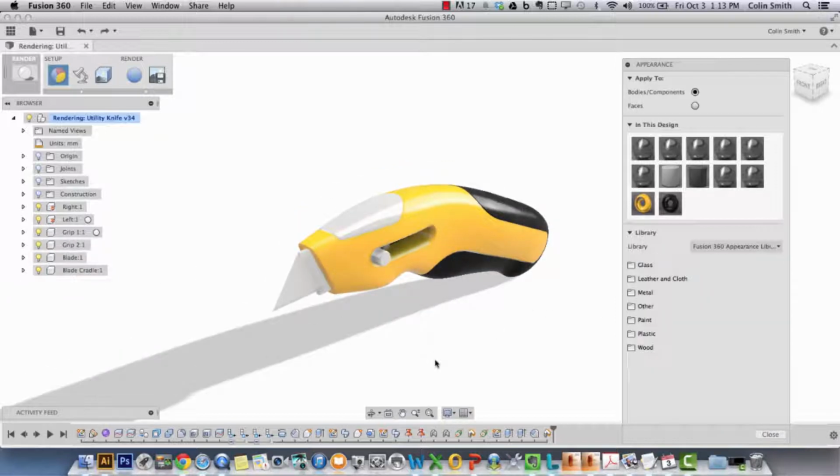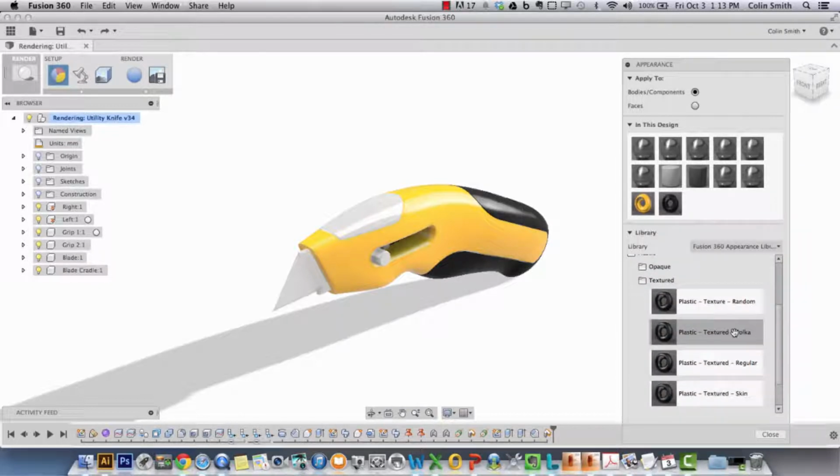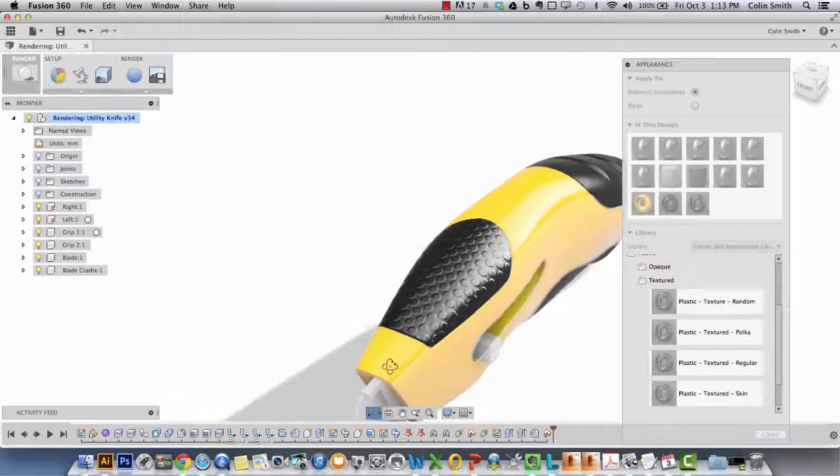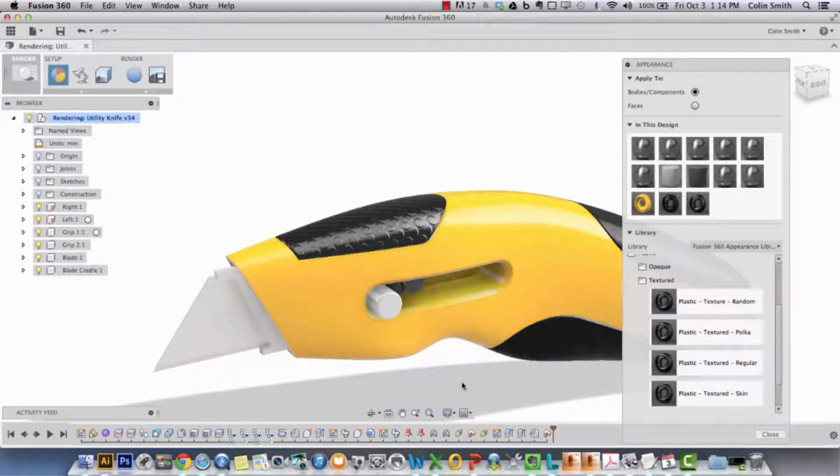Now I'm going to assign materials using the typical drag and drop method. I'm going to go into plastic, textured, polka. So here we have a number of different plastic materials that have texture maps assigned to them already. And this one's a polka dot pattern, so if you see, if I drop it on here, it looks like the surfaces are raised. This is using what's called a bump map, and the bump map is simply an image that's used to derive what looks like deviation in the surface, or areas that rise and areas that fall,